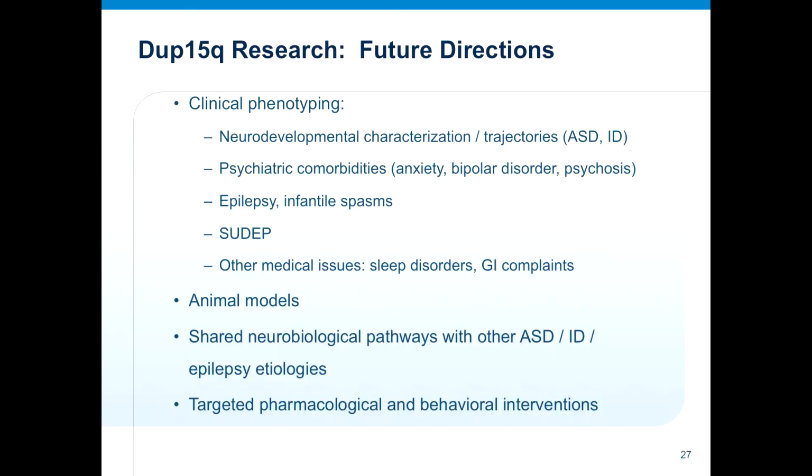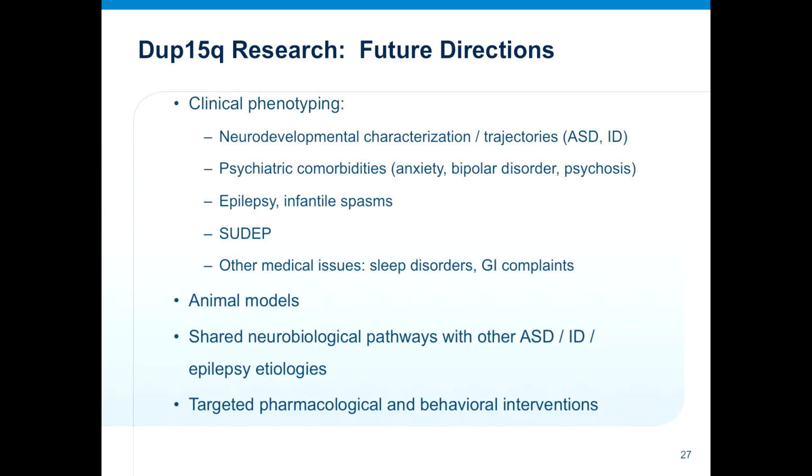So what's the neurodevelopmental characterization? What's the trajectory, long-term span, and what's the natural history, if you will, over the lifespan of what this looks like? What are the psychiatric comorbidities that we see? Epilepsy is really an important aspect of this, and one really worth looking into, because epilepsy is real hot right now in terms of targeted treatments for epilepsy based on some of the genomic underpinnings in other disorders. The unexpected death issue with SUDEP actually is found in a number of other conditions that involve severe intellectual disability and epilepsy. So this is not unique to DUP15.